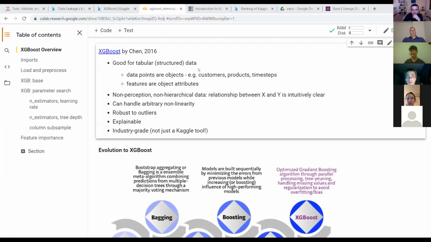Xgboost, together with neural networks, are very powerful nonlinear approximators. Xgboost can approximate any function because it's a very large ensemble of trees, and trees are piecewise constant functions, so they can approximate anything.